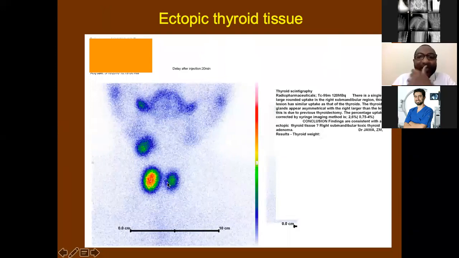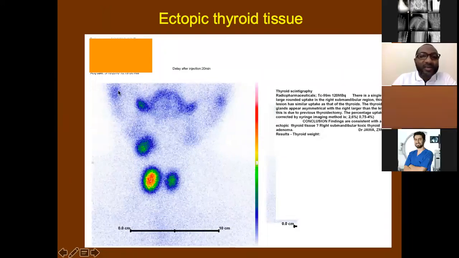An example here again of a patient with a thyroid scan. You can see part of the neck. You can see that the two thyroid glands are seen, but they are small, especially the left thyroid lobe looks smaller compared to the right. But again, below the mandible, below the right side of the mandible, you can see an increased area of uptake. So this is an ectopic thyroid tissue. In addition to the normal thyroid gland, sometimes you can have ectopic thyroid tissues either within the neck or in